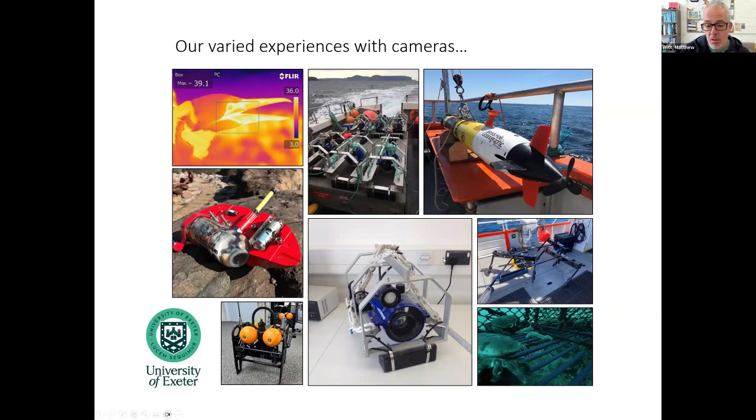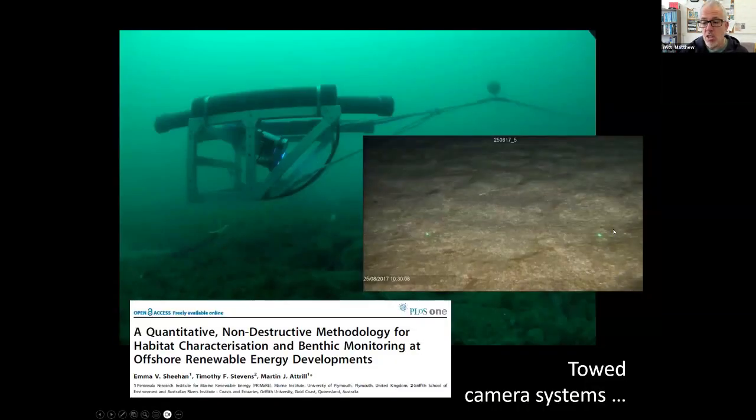And the real workhorse of cameras in the marine environment in more recent years has been BRUVs, the baited remote underwater video system. And I've got some examples of both a single camera BRUV here in this bottom picture and the more recent stereo BRUV systems over on the right here that I'll talk more about too. So I'm going to talk now about three or four of the more dominant uses of cameras